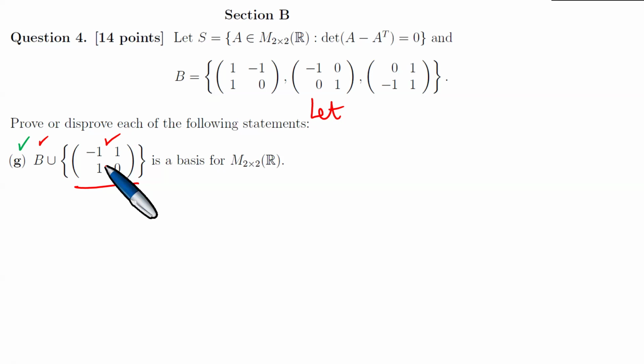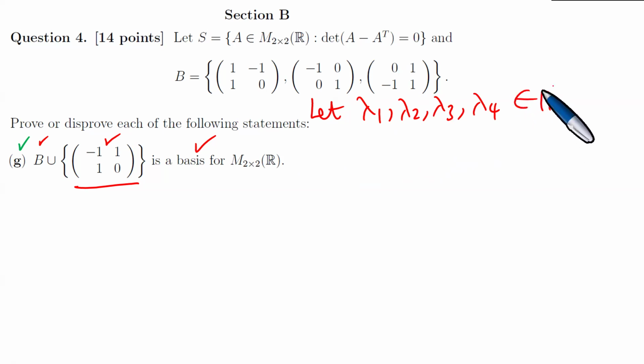Okay, the way to do this, generally, is to take 4 scalars and show that for this to be a basis, all the scalars are 0. That is the way to do it. And then now you don't need to sweat a lot. So you need to let lambda 1, lambda 2, lambda 3, lambda 4 be elements of R such that